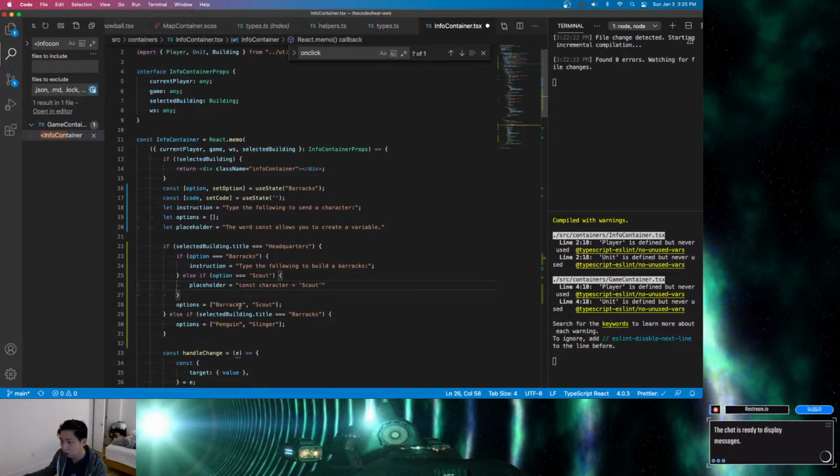Else if building title barracks options equals penguin and slinger, and if